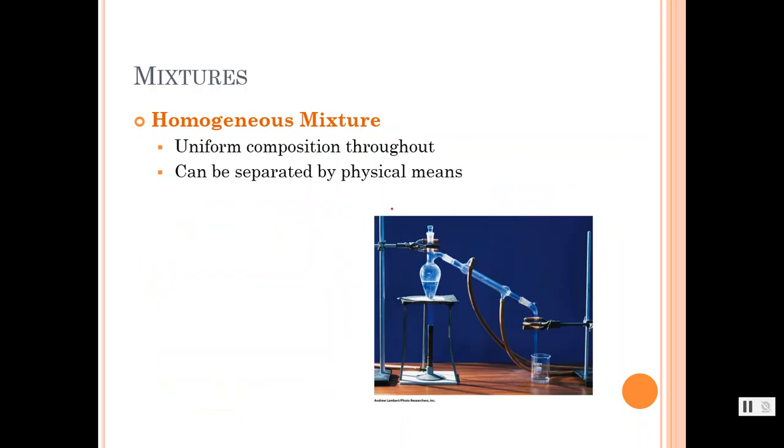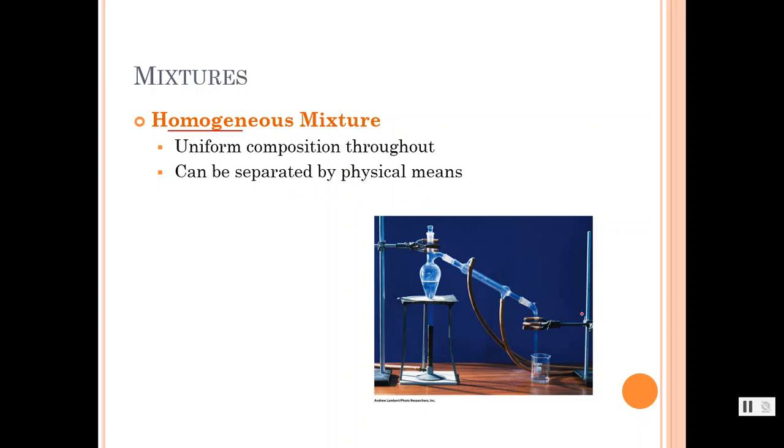Homogeneous mixtures, as we said previously, they have uniform composition throughout, kind of like salt or sugar in hot water. One of the experiments that you would do in lab in a normal semester would be investigating the amount of salt in a saltwater solution. That saltwater solution is a homogeneous mixture. It's a mixture because it has salt and water. It's a uniform composition, but you can still separate homogeneous mixtures by physical means in the laboratory by using different